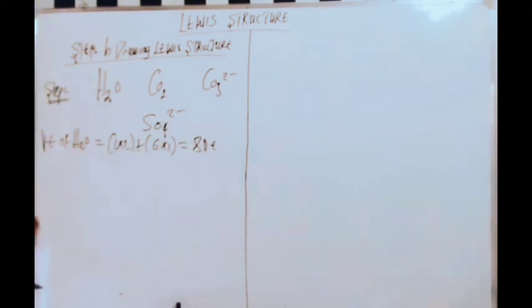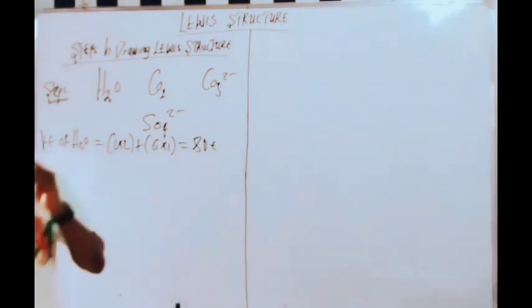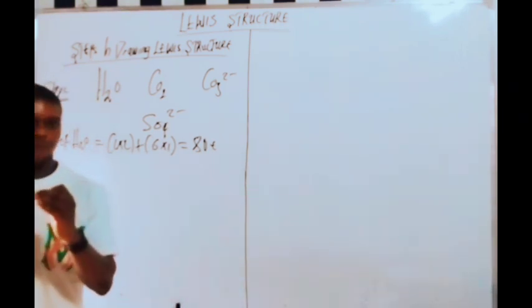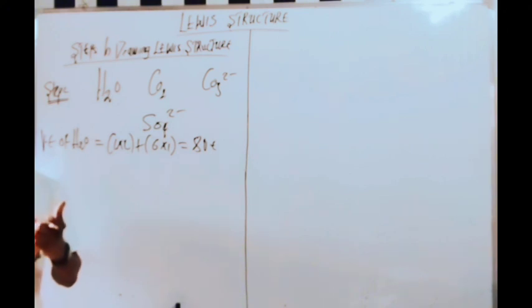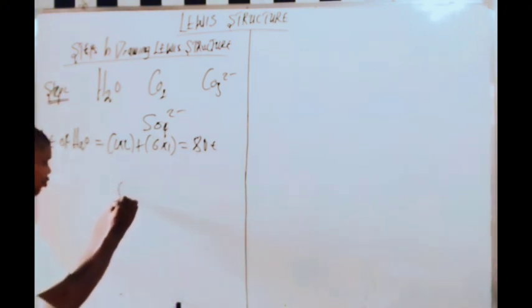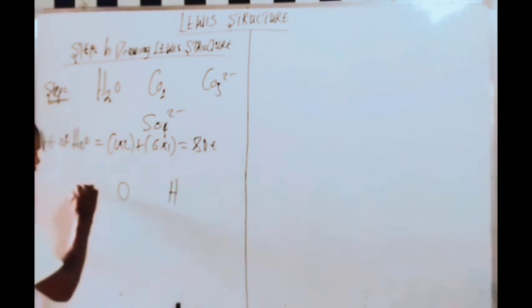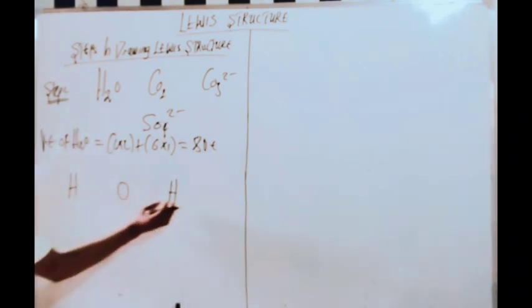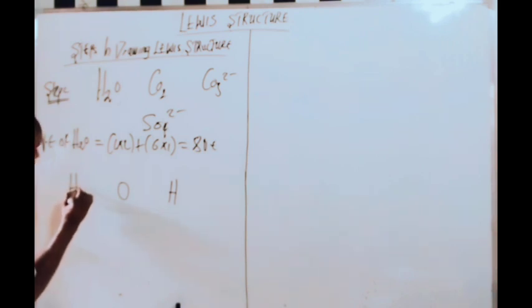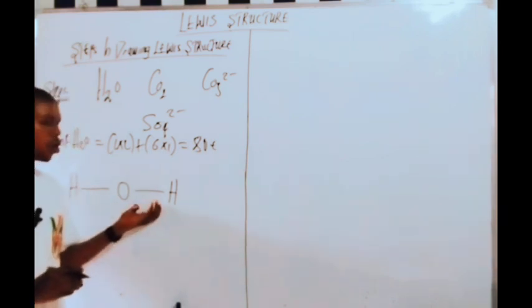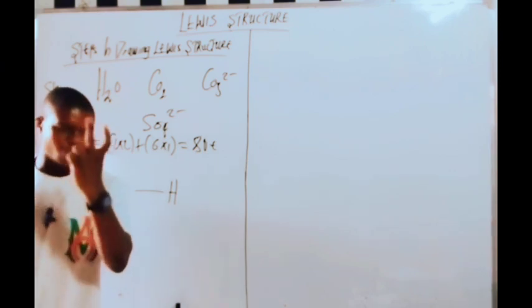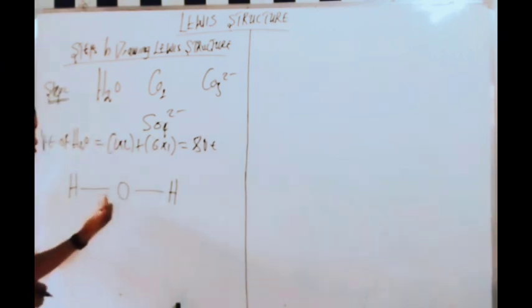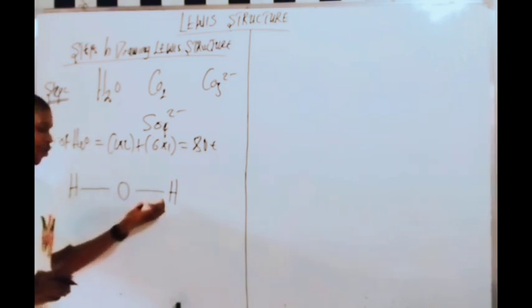Now let's draw the skeleton here. Hydrogen can never be a center atom. So here we have hydrogen and oxygen. Therefore, oxygen will be the center atom here. Then the two hydrogens will be the side atoms. When you have done that, you connect the side atoms to the center atom with a single bond. Understand that a bond contains 2 electrons. So when you connect the 2 hydrogens to the center atom with a single bond here,